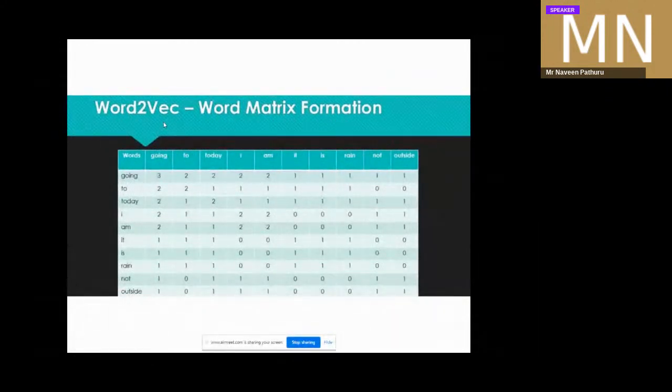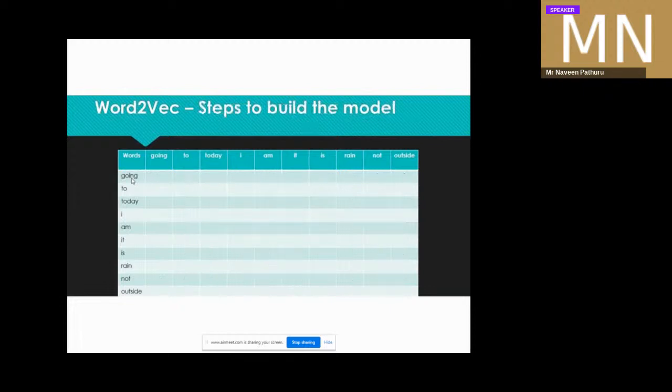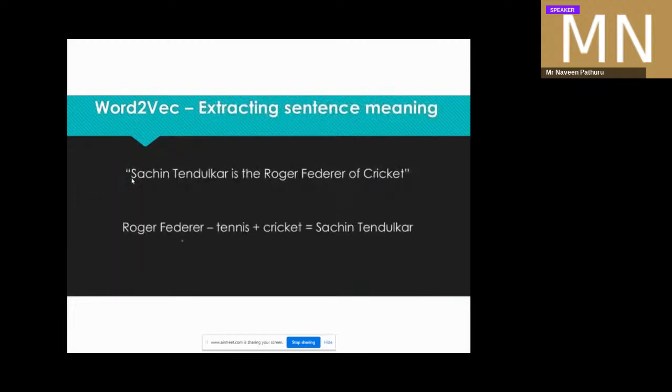In TF-IDF, generally we represent each word in 1 or 2 dimensions. More precisely, we represent it in 2 dimensions. Word to vector: what magic you do is up to you, what mathematical principles you use is up to you. What we are doing is converting and representing the words in multiple dimensions. When you save it in multiple dimensions, suddenly you are able to explain that Roger Federer